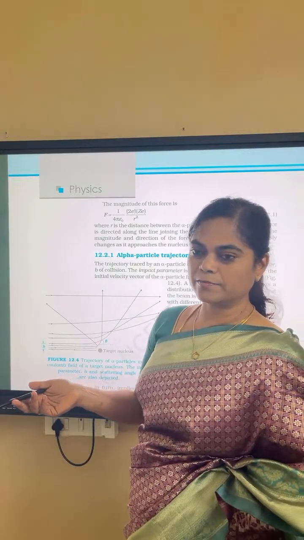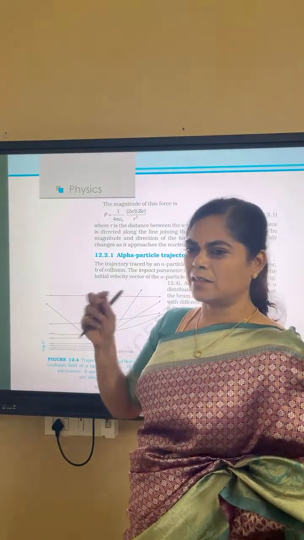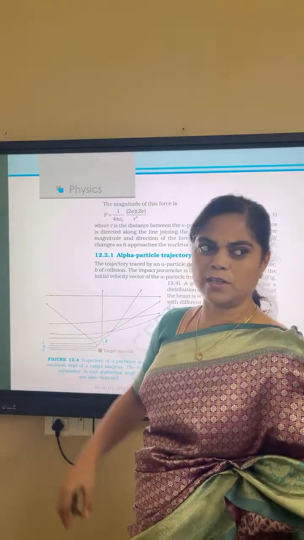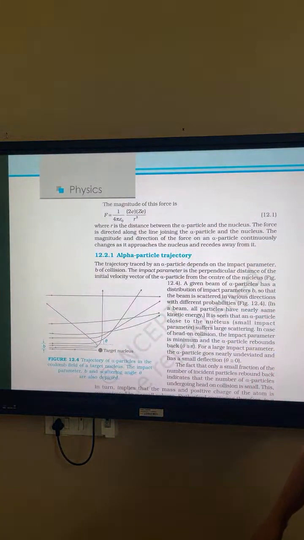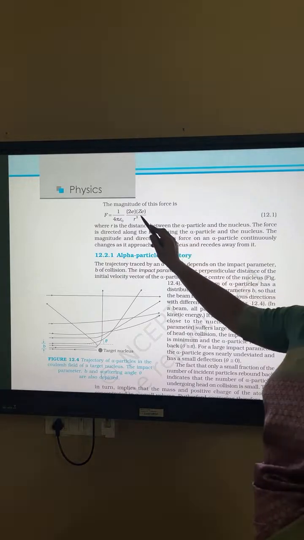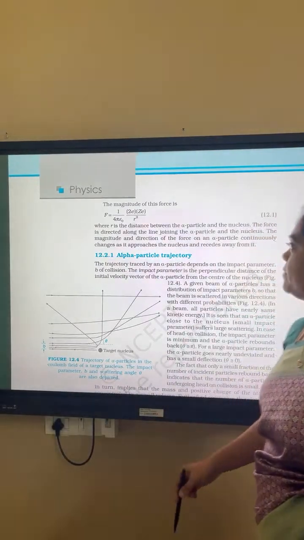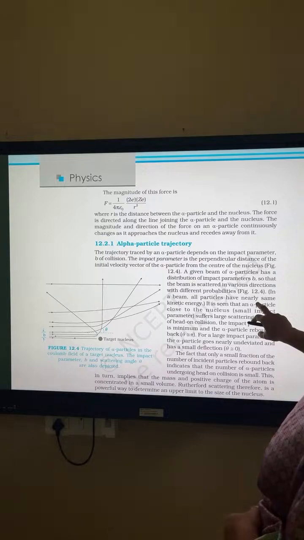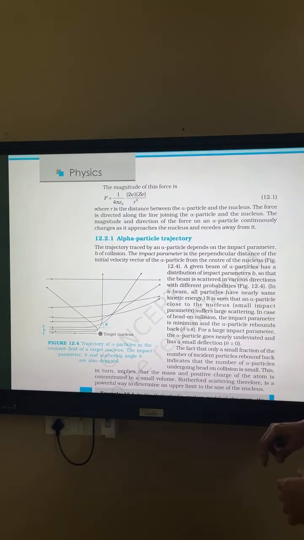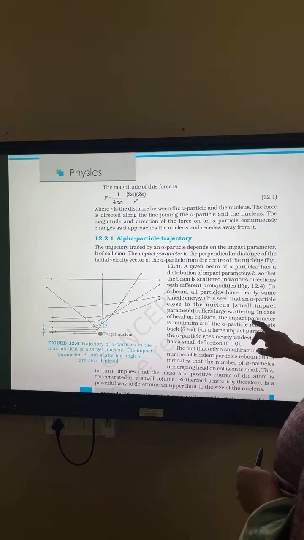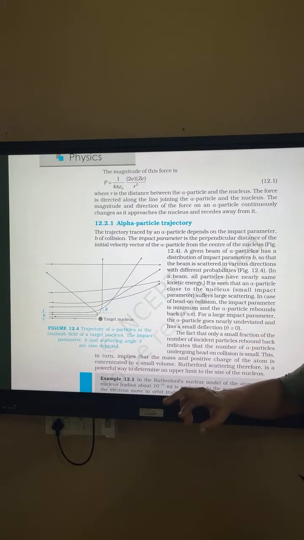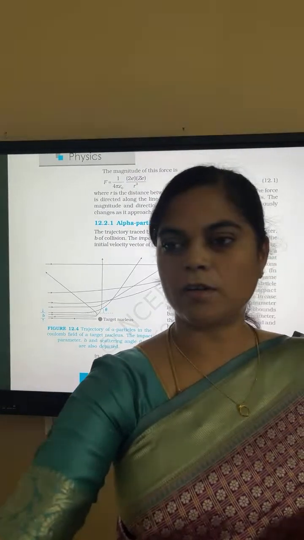So they have just generalized it as Z into E, an advisable amount of atomic number. Understood, ma'am? Understood or not? So where is the distance between the alpha particle